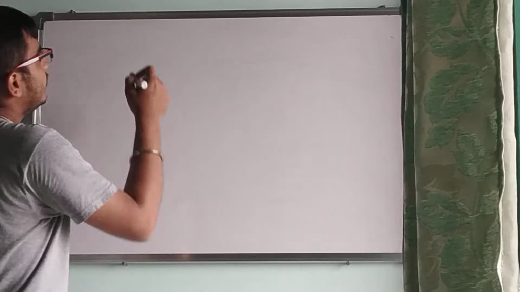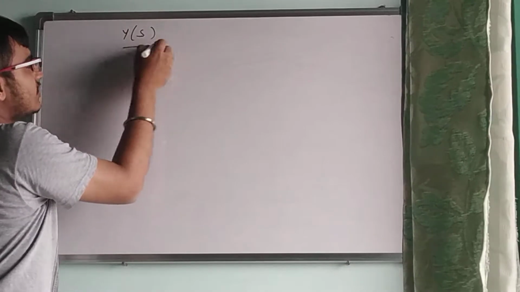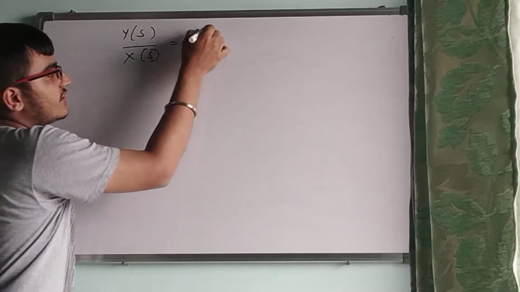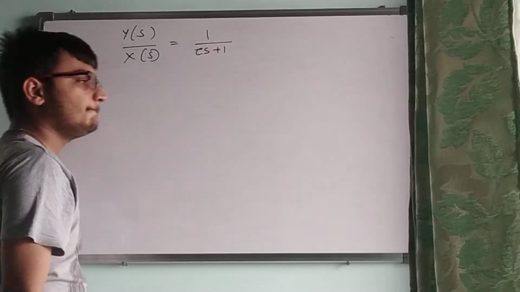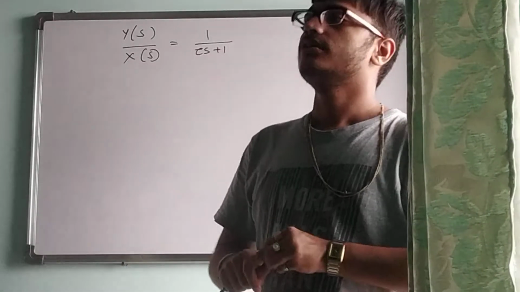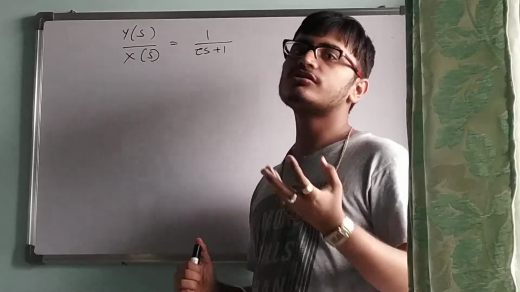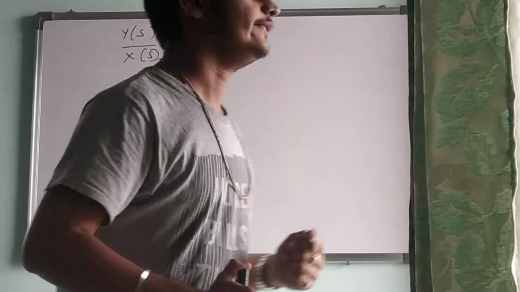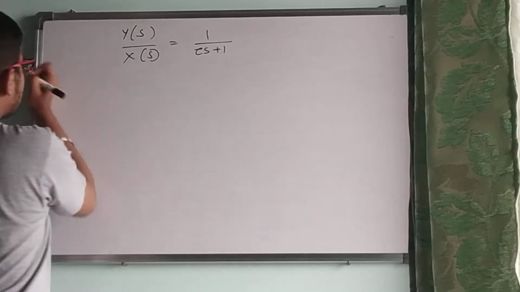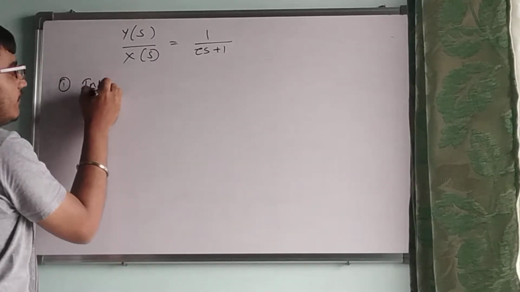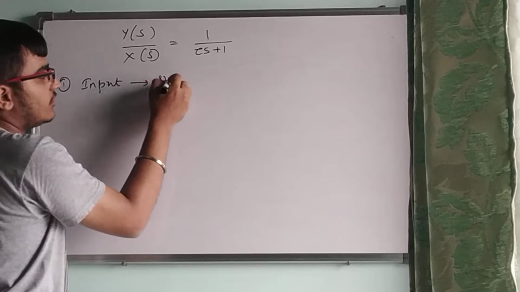So now we have seen that the first order type transfer function is given by Y(s)/X(s) = 1/(τs + 1). Now we have to see, based on the input, what kind of outputs you get. If your input is a step input,